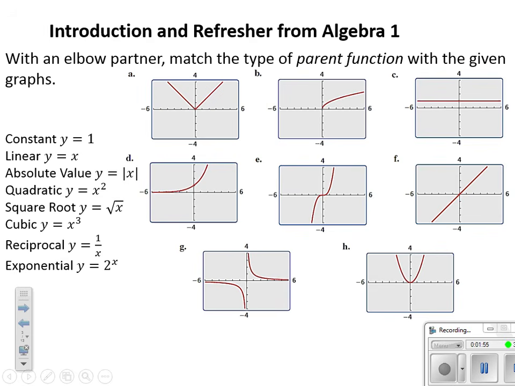All right, so the first graph that we have here is a V-shaped graph, letter A. And it's important to realize that if we were to zoom out, this graph would continue to rise to the right and rise to the left. And what I notice is that the heights along the y-axis are always positive in this case. So as we look off to the left, I would hope we would have chosen absolute value to be represented by graph A, because an absolute value outputs a positive result. Regardless of what is plugged in, it represents a distance, so it has to be positive.